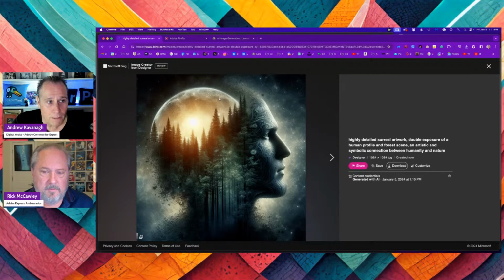So that's the Microsoft Designer app, which is kind of like Adobe Express. I've never done that, but it's nice to know that I can just click on customize, take me right there. I can add text. I haven't really checked out Microsoft Designer too much, but I would imagine there's some